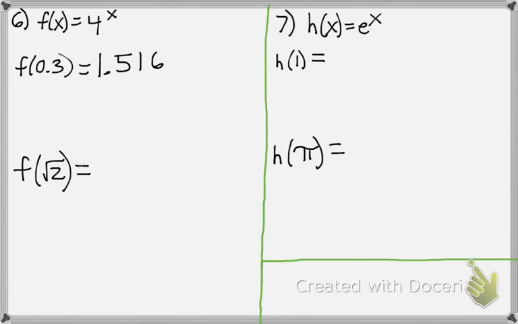If we plug in square root of 2, then we should get 7.103. For number 7, we have e to the x, so if we plug in 1, e to the 1 is